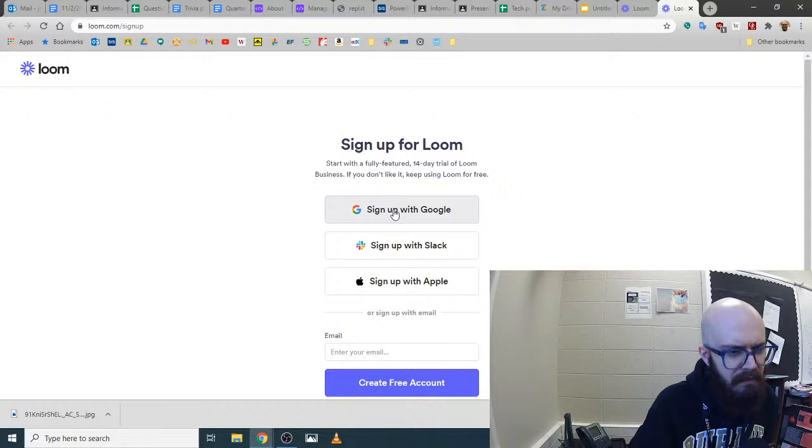You know what, it's probably better if you just go straight to the download instead. Just search Loom Chrome extension and then click that. That's probably what I did in the first place. And that allows you to record your screen with a little webcam insert. It's a circular one. It looks very distinctive. If you've ever seen a Loom video, then you will recognize it. It's got that little circular